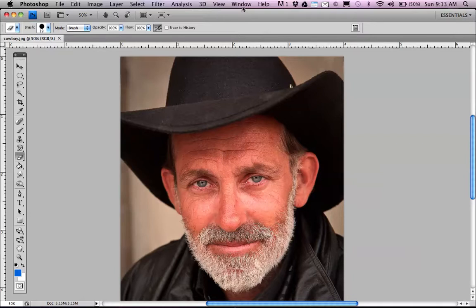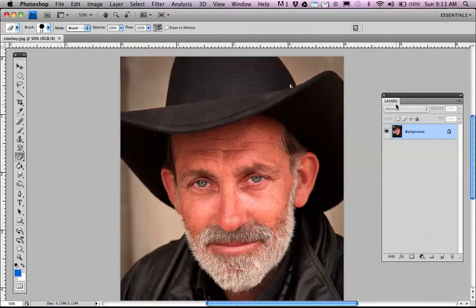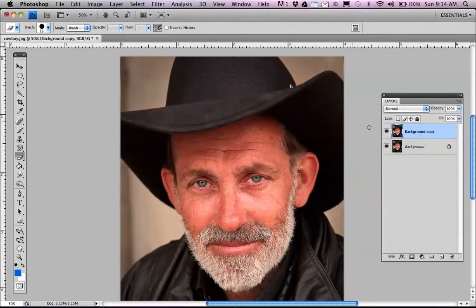The way that you would accomplish that is, let's go back and use something that we learned earlier in the layers lesson. The first thing you'll need to do, since this layer is the background layer and is locked and you can't do much to it except use your basic tools, is we'll need to duplicate that. Now we have a duplicate of our background layer. Let's turn off our background layer,